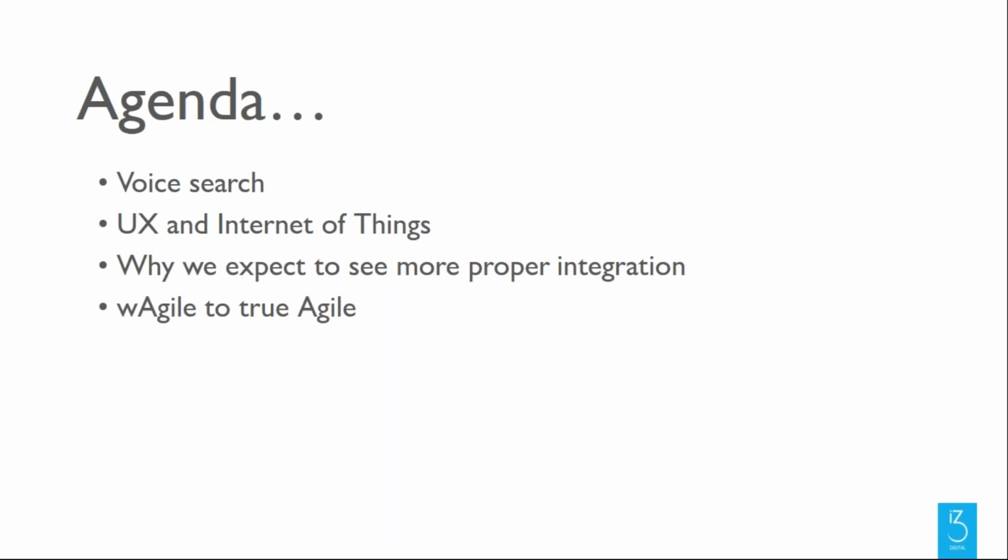The final area we're going to touch on is how all of this moves us towards a full Agile approach towards projects, rather than wAgile or Agile, as I heard it called yesterday, where a lot of the requirements are defined up front. Don't worry, this isn't a pitch on the fact that Agile is better than waterfall. There's definitely good reasons for using both. But there are certainly, within some of the trending things that are going on at the moment, some good reasons to look at how Agile could help. And finally, at the end, we've got a formal Q&A where we can touch on anything that hasn't been answered as part of the presentation that you want to know about.